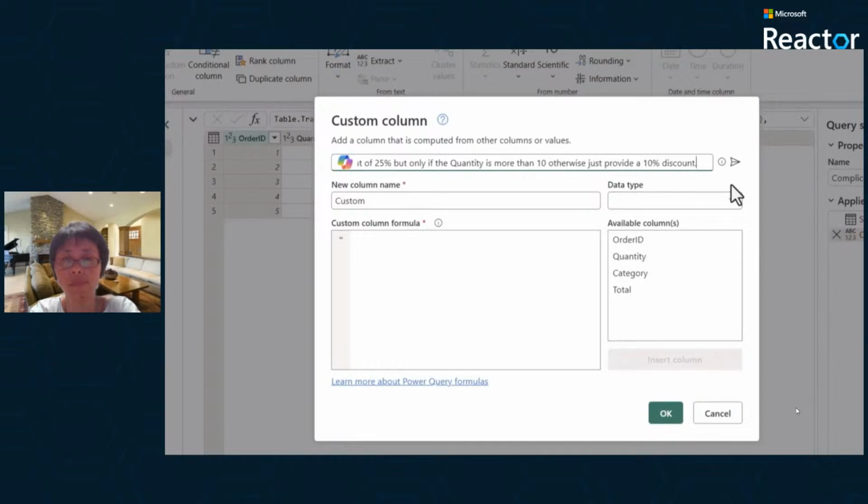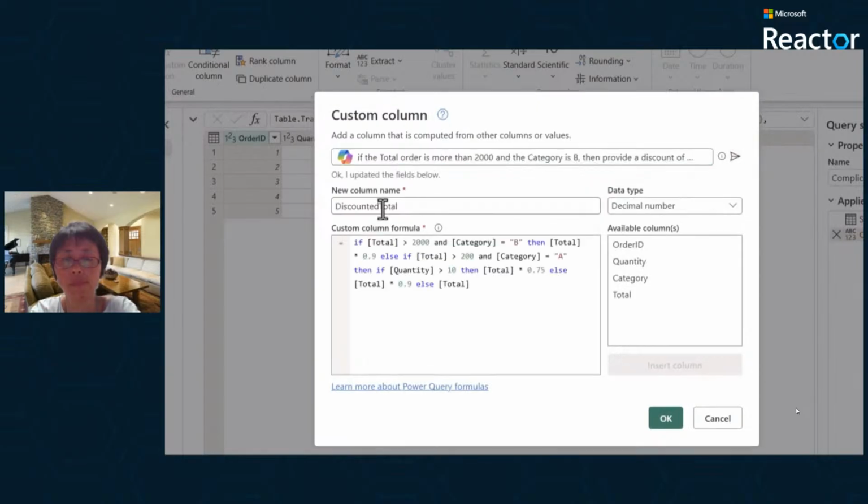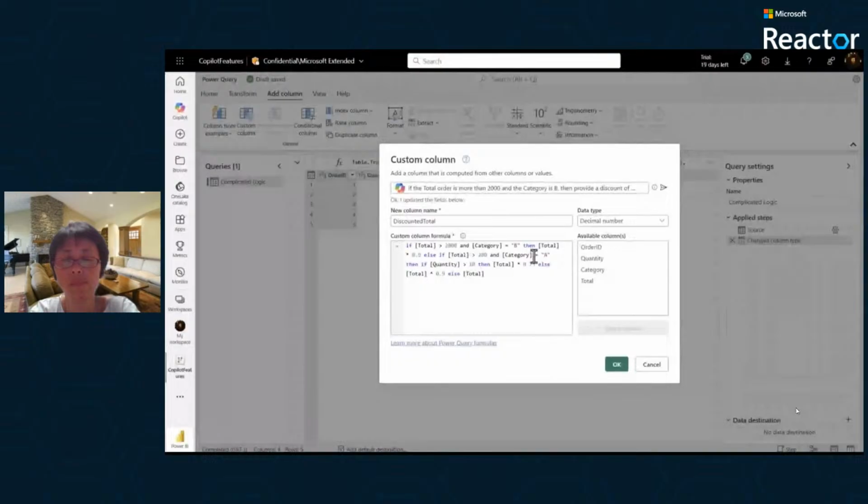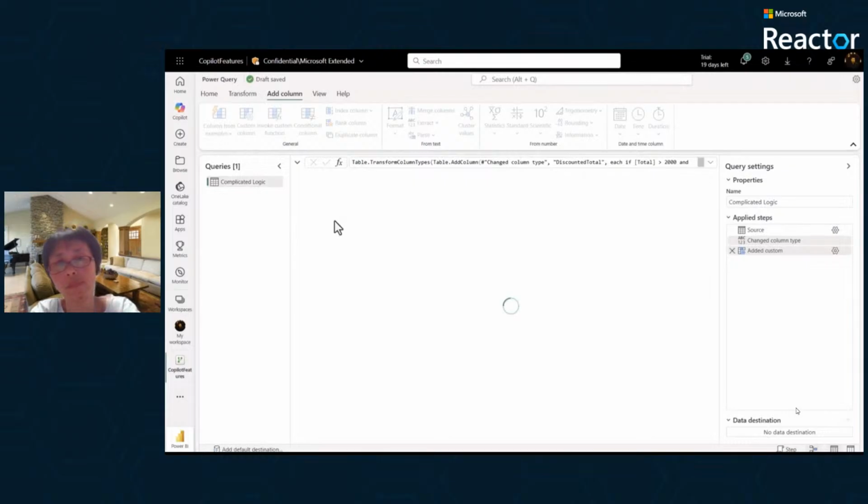Copilot processes your description, generating a custom column formula tailored to your needs. It can even add a name and data type if necessary. Copilot interprets these instructions and instantly generates the formula, saving you time and effort. Whether you're streamlining discounts or managing intricate calculations, this tool ensures accuracy and efficiency,